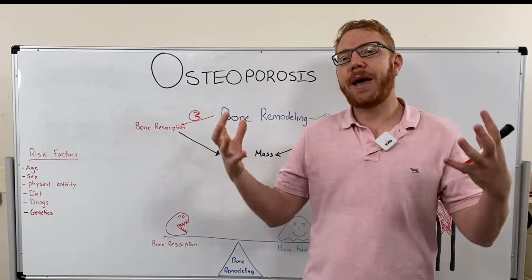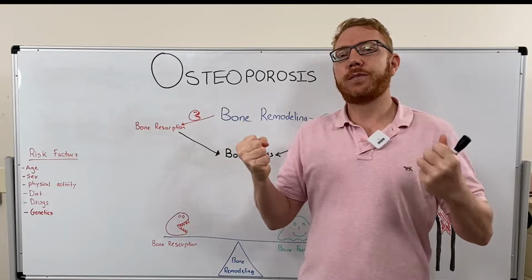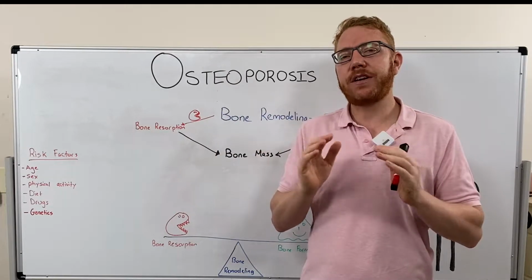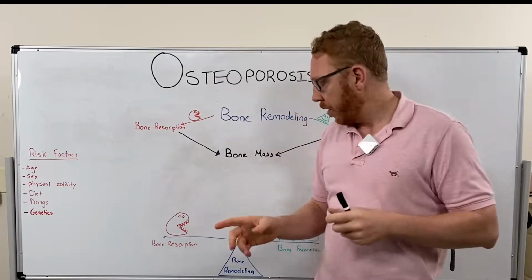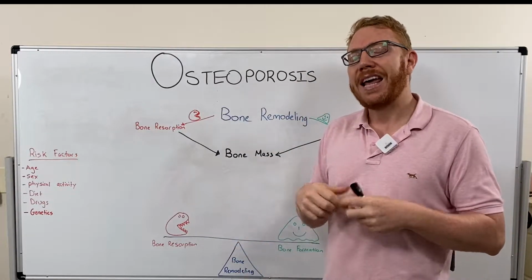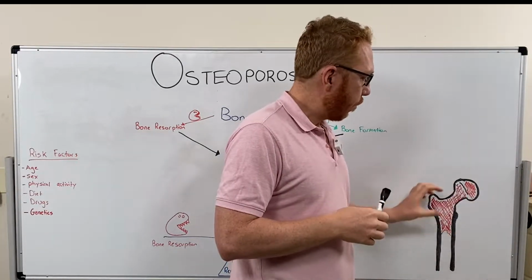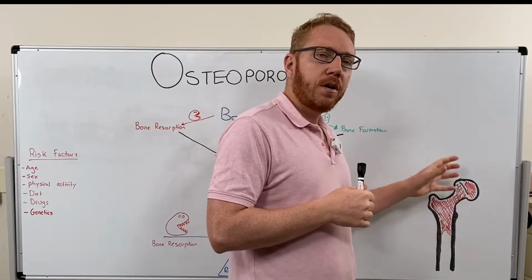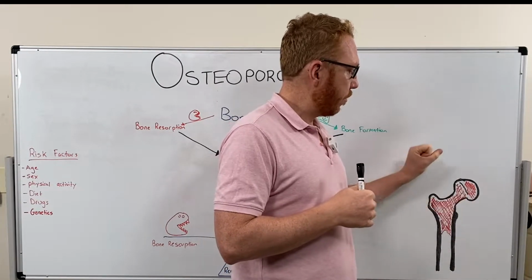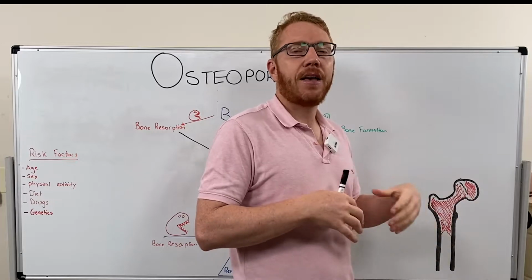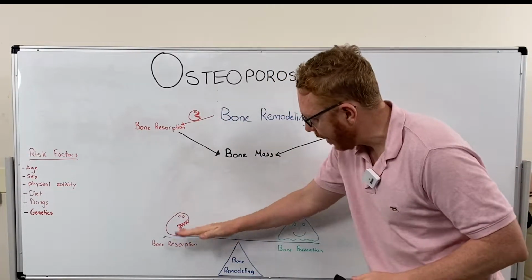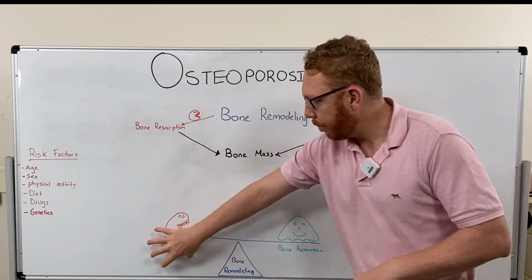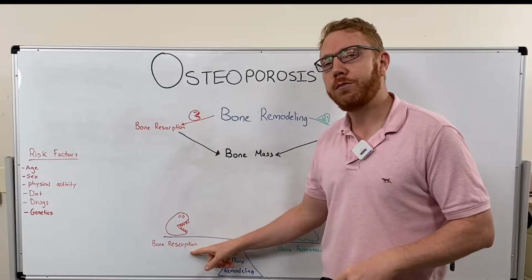Now, when we look at bone, I kind of think of it like a brick house. We think it's made, it's there, it's providing the support, it doesn't do much else. But in fact, it's a very dynamic tissue, which means it's constantly being turned over. This term is known as remodeling. And actually, this bone would probably remodel between 4 to 10 years. So the whole thing is reabsorbed and added back between 4 to 10 years. This is known as remodeling, which is a balancing act between taking bone away, which we call bone resorption, and